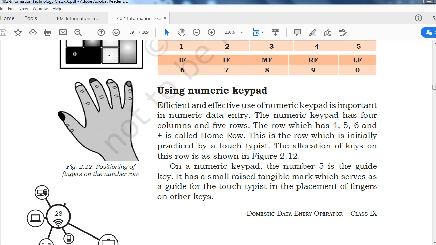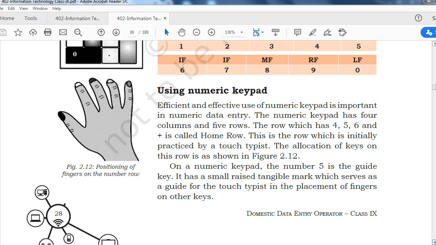This is the row which is initially practiced by the touch typist, meaning those who are learning usually practice on this first. The allocation of the keys on this row is shown below. Yes, you can see in the figure beside.